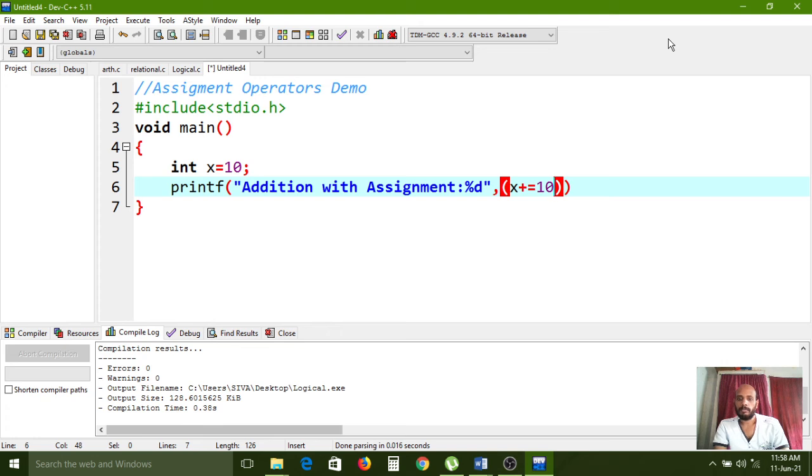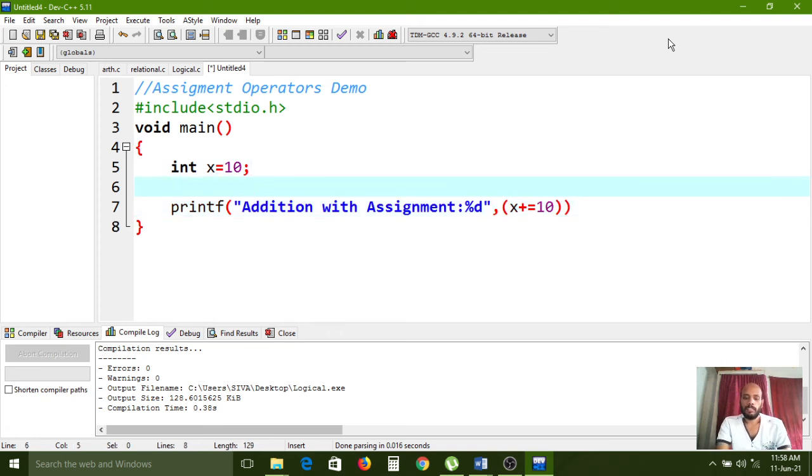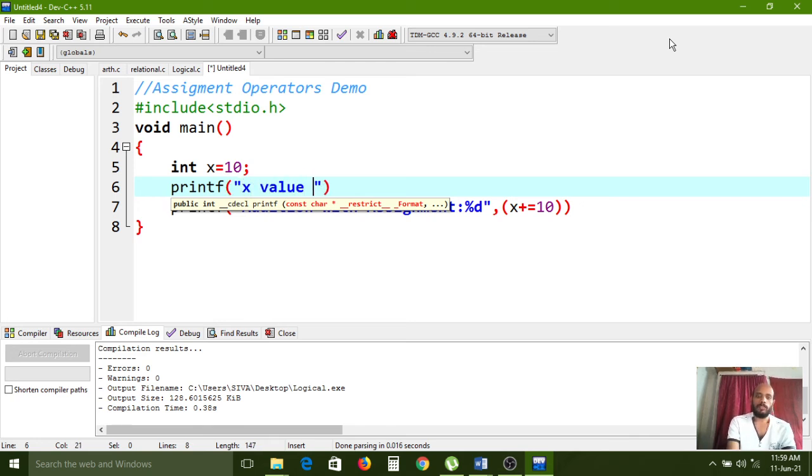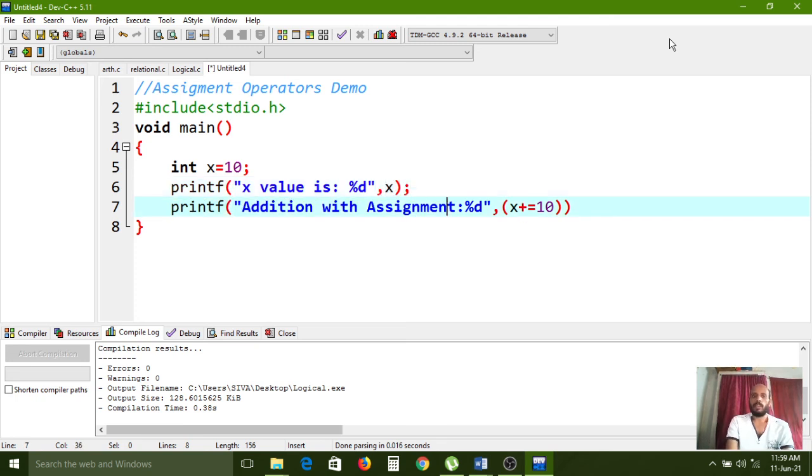Okay, printf "x value is %d", comma x, and at the end of the line we have to use a semicolon.